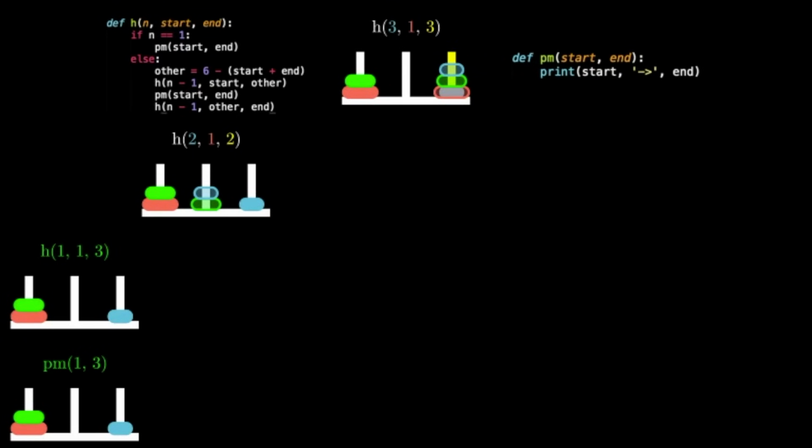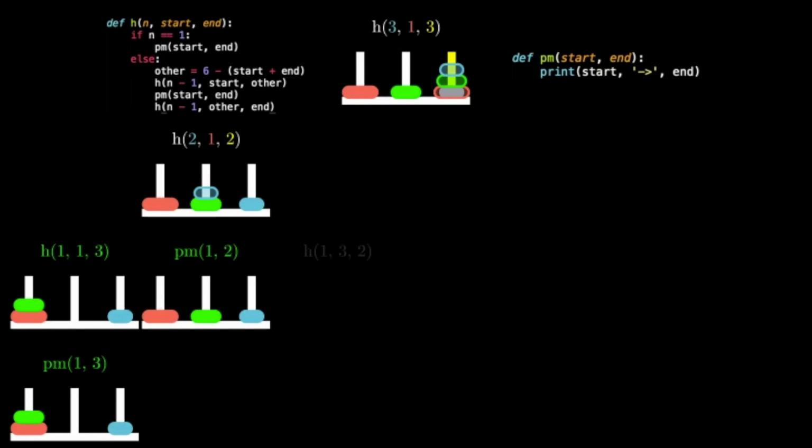which now means we have to complete the recursive call to Hanoi on 2 disks. This means we now have to call print move on rods 1 to 2, which has the following effect. This is the second move in this particular Towers of Hanoi problem. After completing the second move, we still have to finish computing the recursive call to Hanoi on 2 disks,